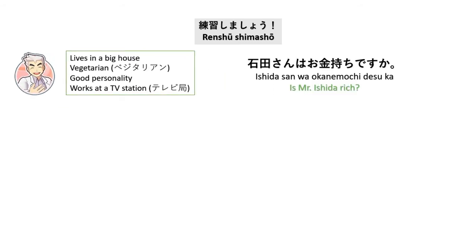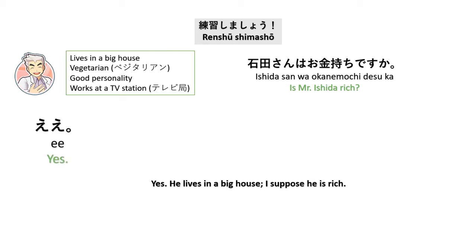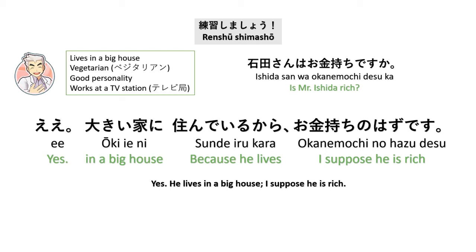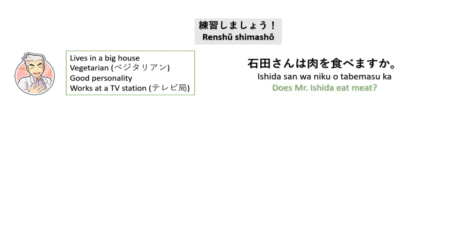石田さんはお金持ちですか？Is Mr. Ishida rich? So the answer is, he lives in a big house. I suppose he is rich. ええ、大きい家に住んでいるから、お金持ちのはずです。Because he lives in a big house, I suppose he is rich. So here, お金持ち is a noun, so we add no. お金持ちのはずです。